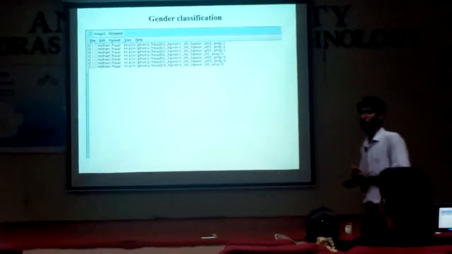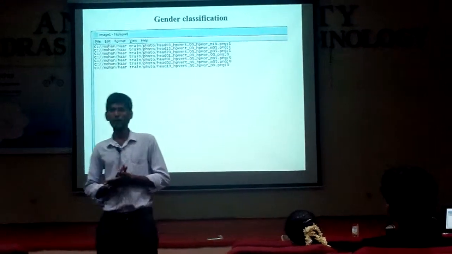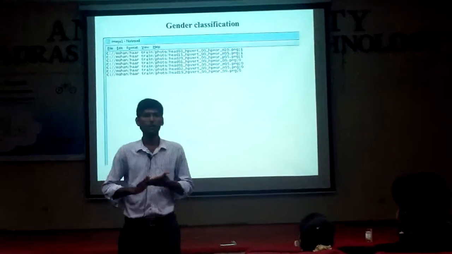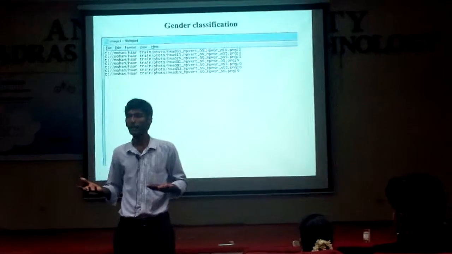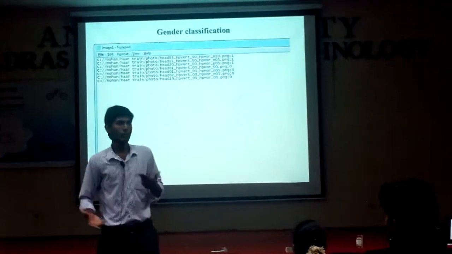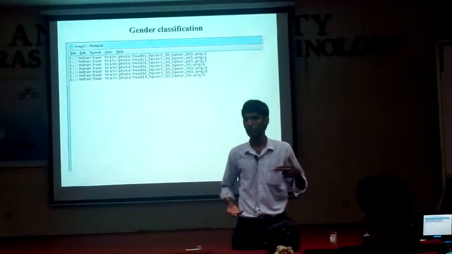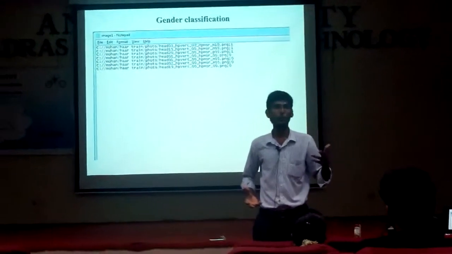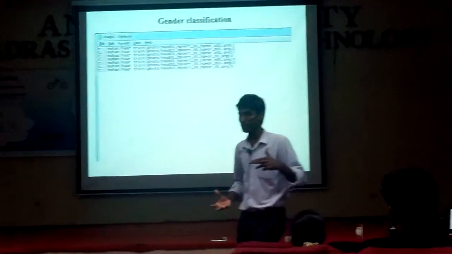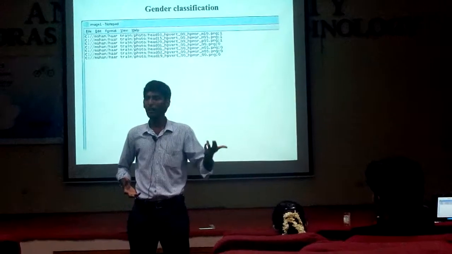The next topic is object classification. For example, when I go for classification of apples, there are red apples and green apples. There are several classifications of patterns. There are two types of classes: binary classes and multi-classes. I am not going to talk about multi-classes. I am only going to talk about binary classes, which come under gender classification, either male or female.